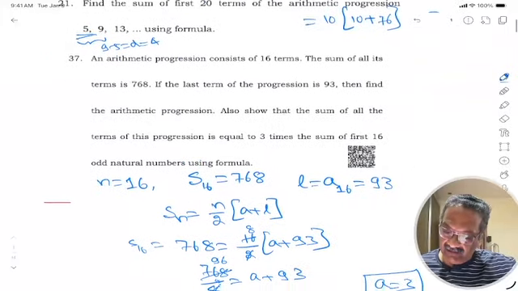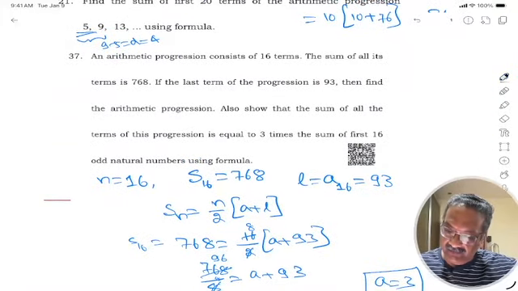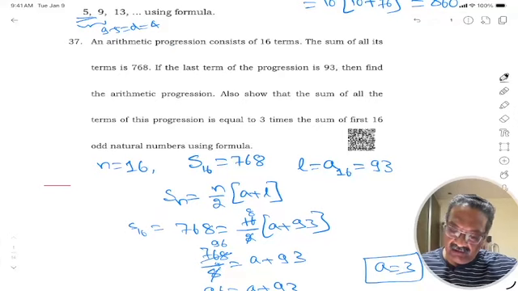Okay. Now, let us read the second part of the question. Second part, what does it say? Show that the sum of all the terms of this progression,